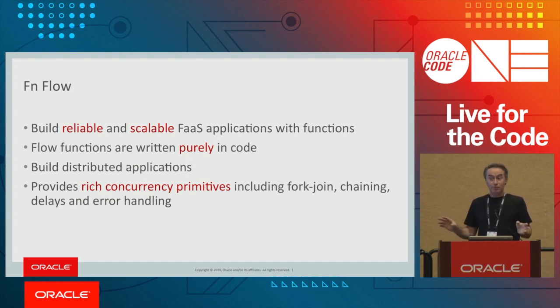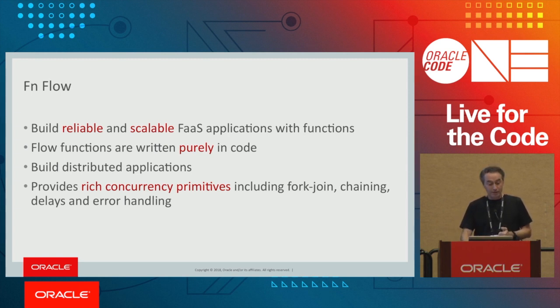These are distributed applications, right? Every function that I talk about is running in its own container in the compute fabric that your platform is managing. So this is inherently a distributed computing problem, although it doesn't look exactly like one. It looks a little bit cleaner. But Flow has primitives to let you fan out, fan in. So run a bunch of functions concurrently, and then wait for the results of all of them, come back together, or run them in sequence. It has all that kind of stuff.